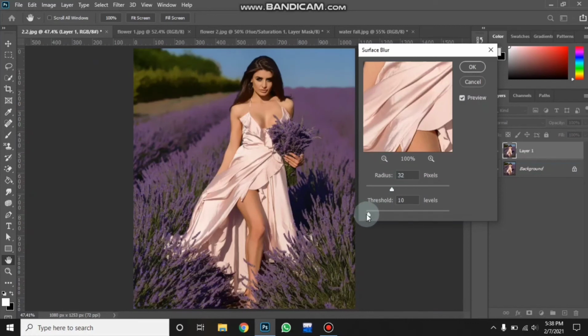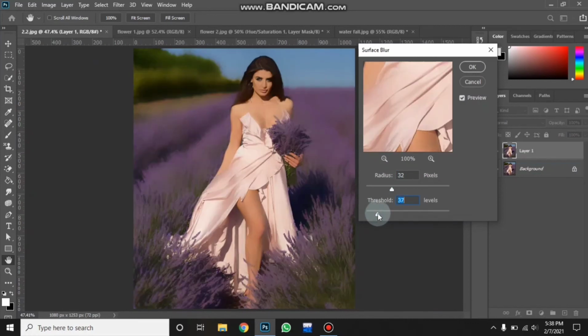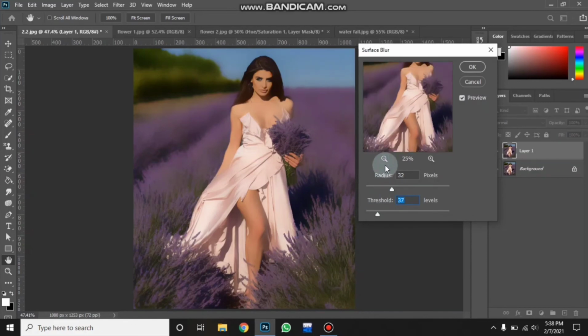If I drag the threshold towards the right side, I know it's destroying the texture and it's looking very bad, but right now you got the point. Threshold is used to adjust the amount of blur.